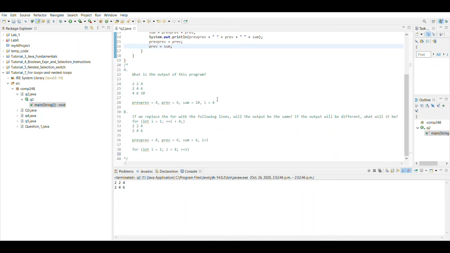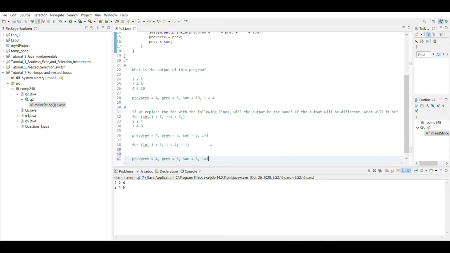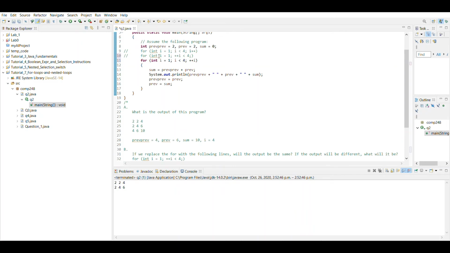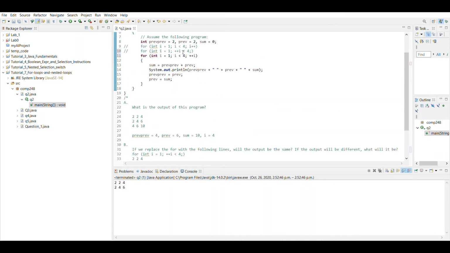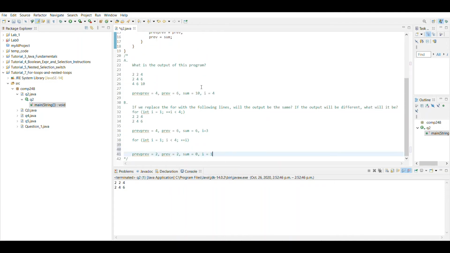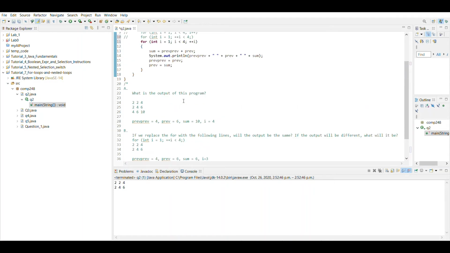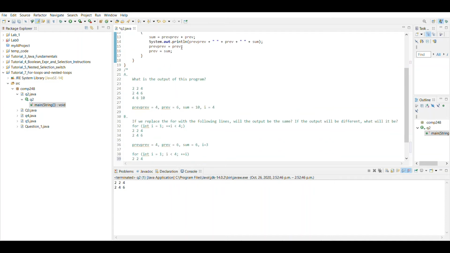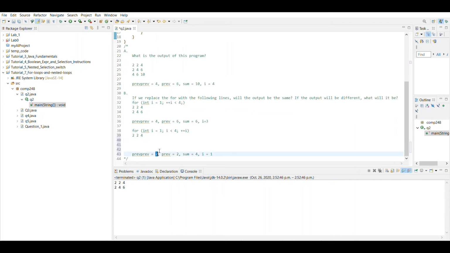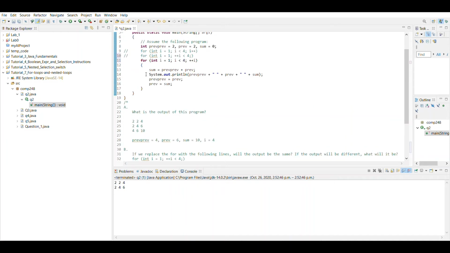So we need our variables, and let's put the initial values of these. Here I just initialize with 1, and then 1 is less than 4, yes. Summation of prev plus prev, or the summation, so it's going to be 4. And then we print out the 3 values. So let's print 2 space 2 space 4 and new line. And then we print prev with prev and prev with sum. So prev is going to be 4, and then